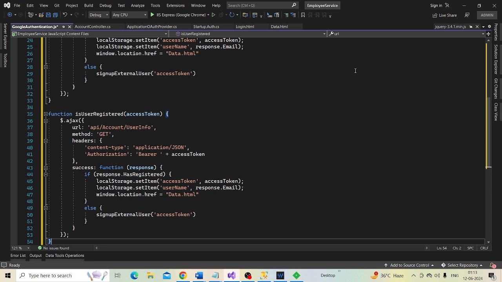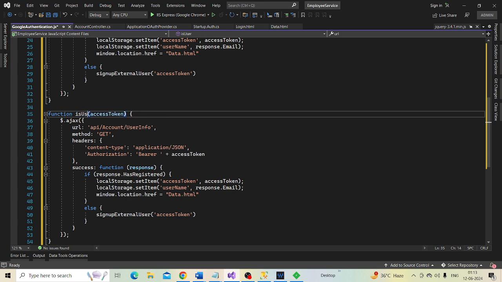First of all, the name of the function is sign up external user, to which we are passing the access token.